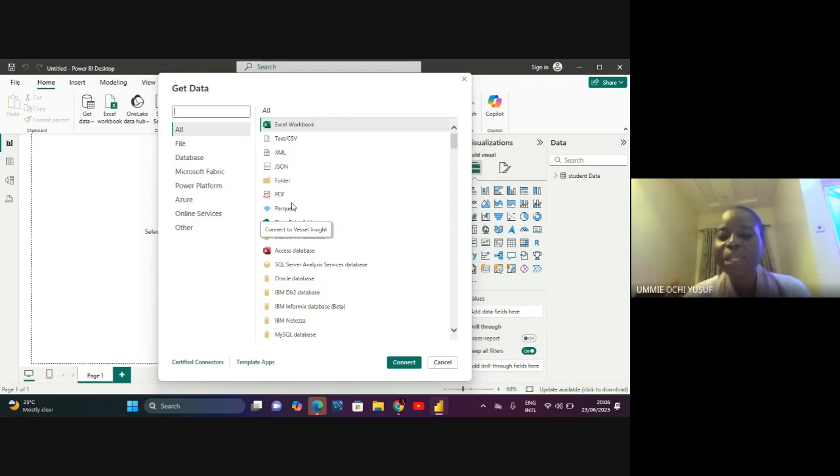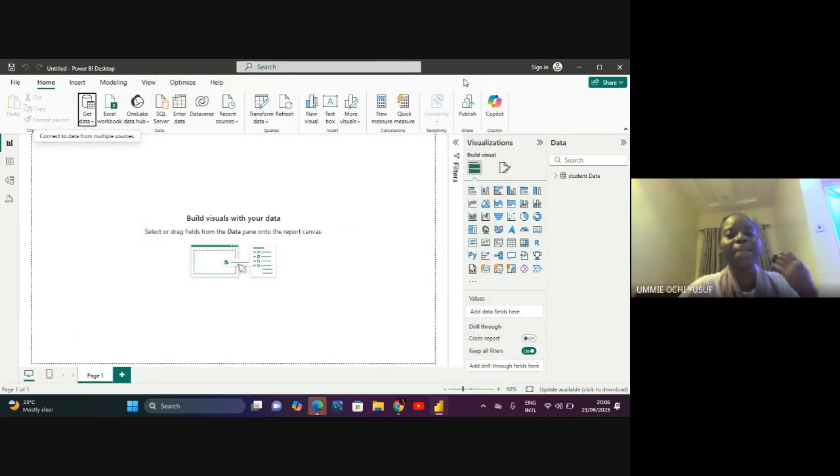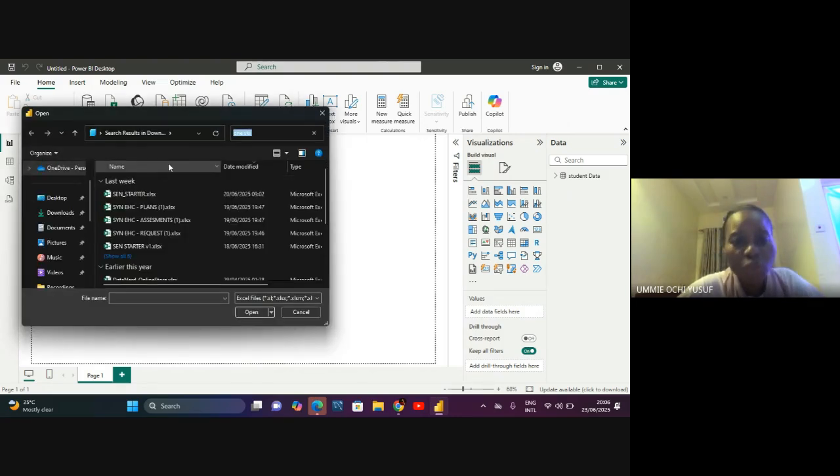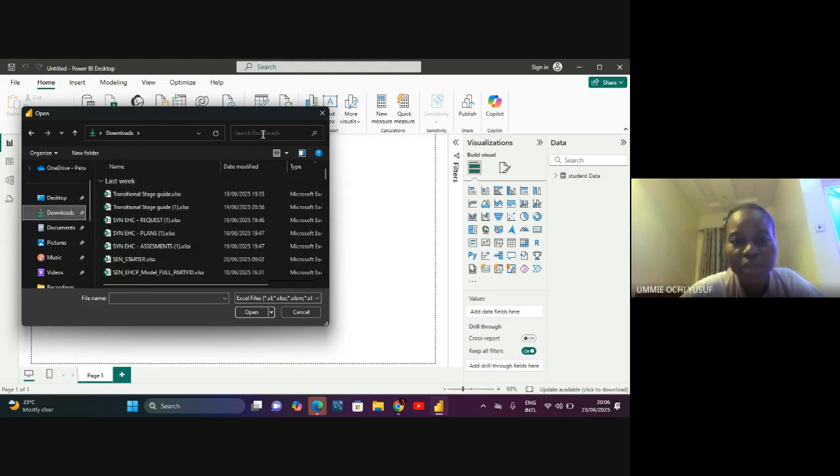Now, one thing I need you to pay attention to while you're working with Power BI is that some files you can open in Excel, but it may be a CSV file, right? If you open a CSV file in Excel, it's going to open for you seamlessly without any glitches. But imagine I'm bringing in a CSV file, and I click on Get Data and say Excel, and the data is a CSV file. It's not going to open. A very good example is, let's say on my desktop, I have this CSV file here,